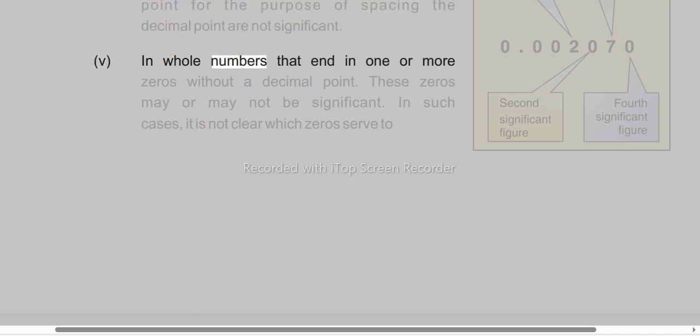5. In whole numbers that end in one or more zeros without a decimal point, these zeros may or may not be significant. In such cases, it is not clear which zeros serve to